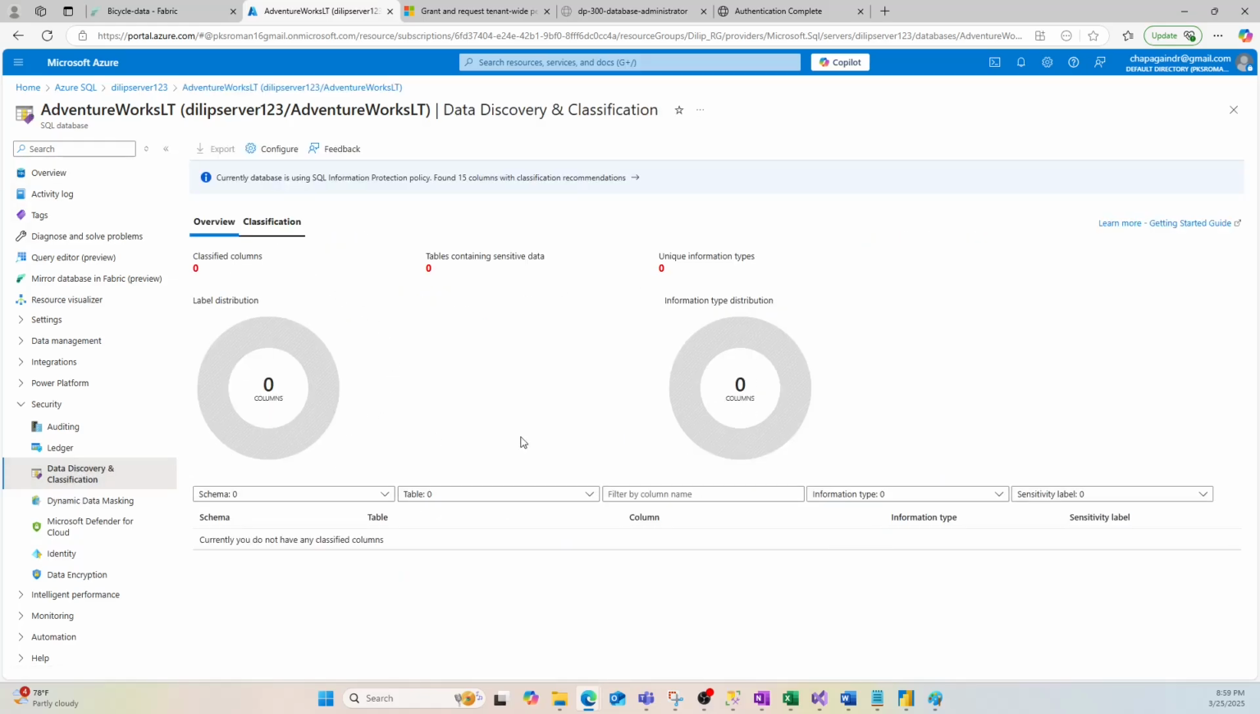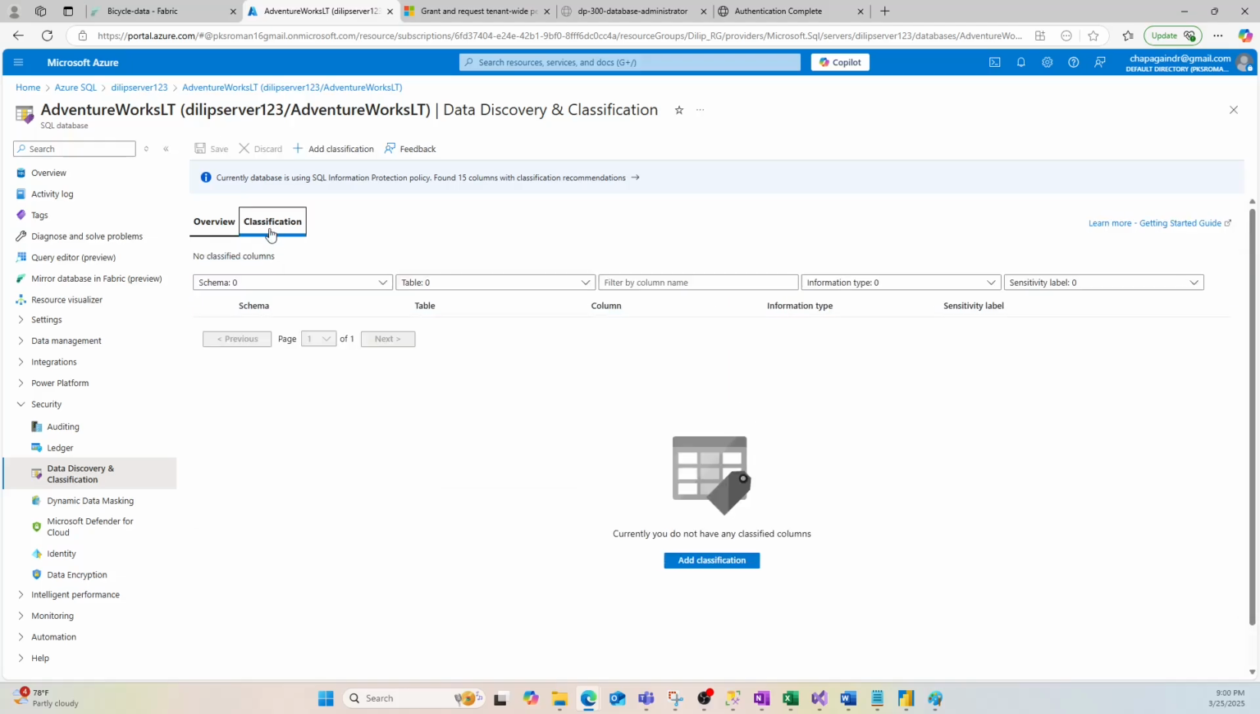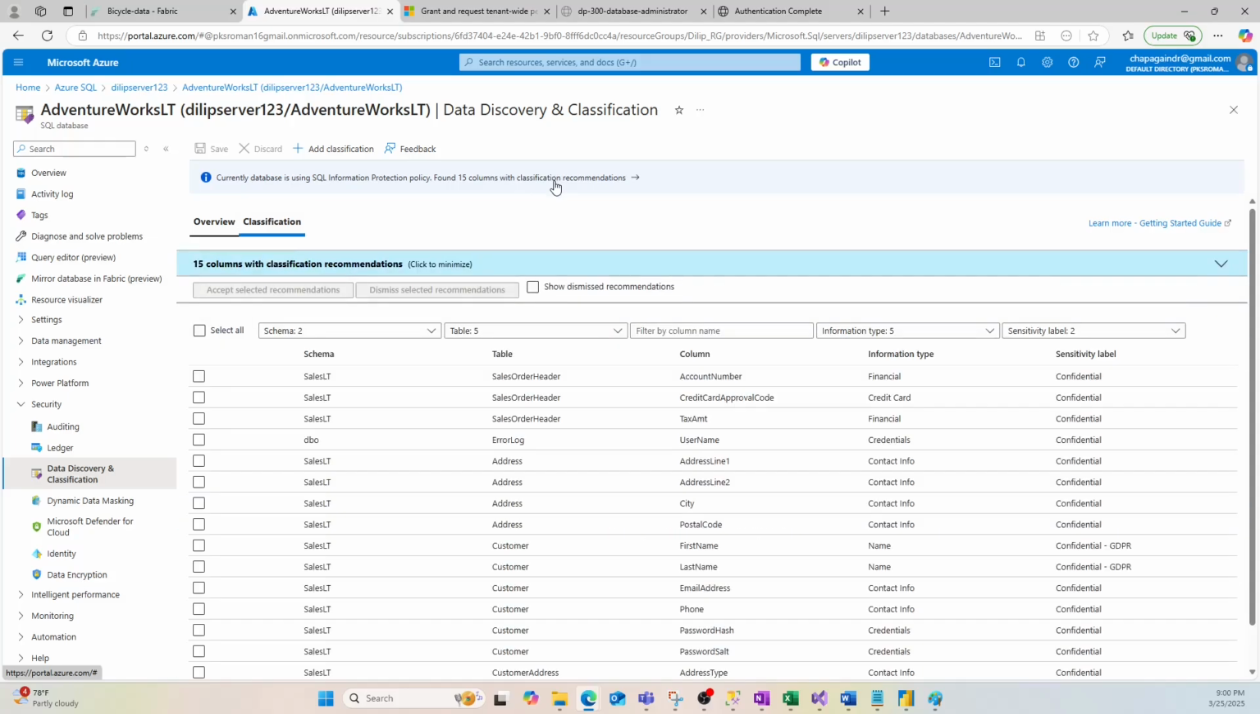This is the overview page. At this time there is nothing in there. If I click on config classification, I don't see any. But at the top, if you see here, currently the database is using the SQL information protection policy and found 15 columns with classification recommendations. These 15 columns already have a recommendation. If I click on this recommendation,